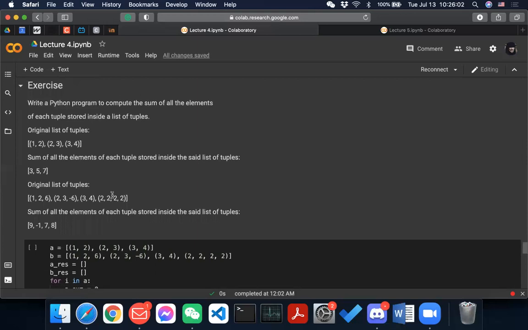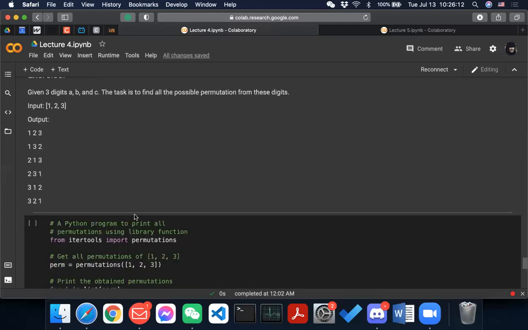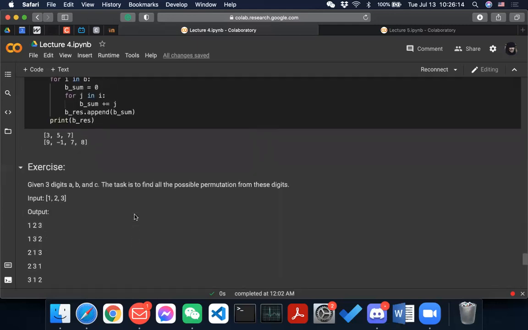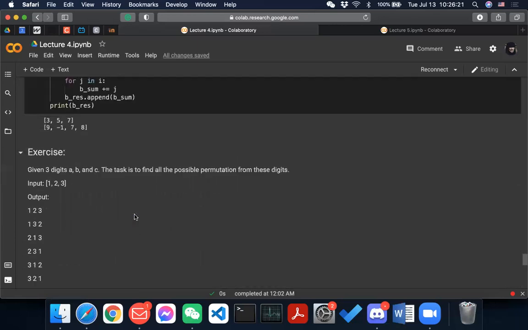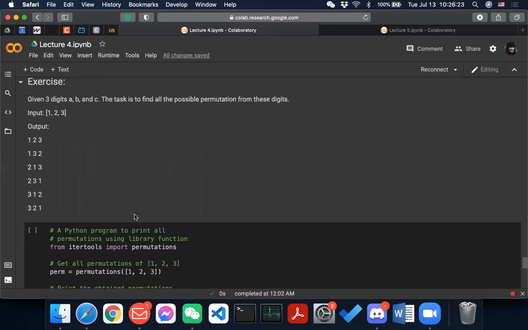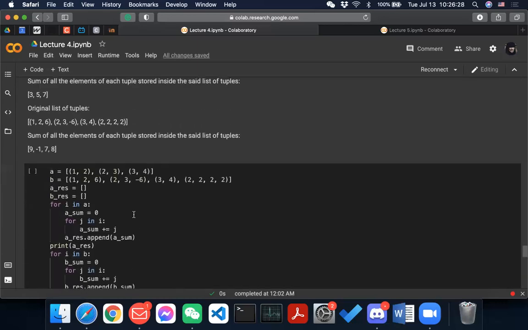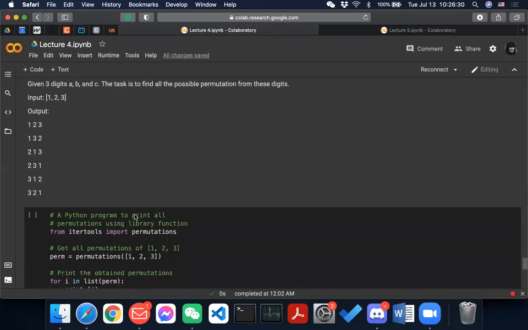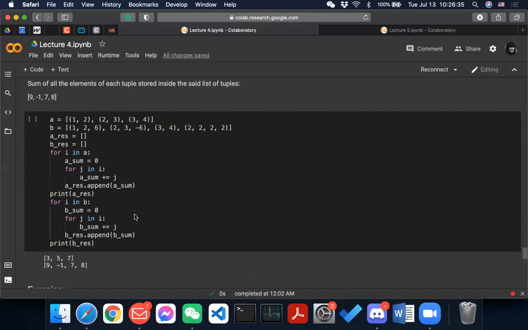Like compute the sum of all elements. Is that the one you got confused on, or the permutation one? I think the permutation one. I might agree that it is not an extremely good exercise, but it sort of gives you a little bit of research experience about looking up the libraries.